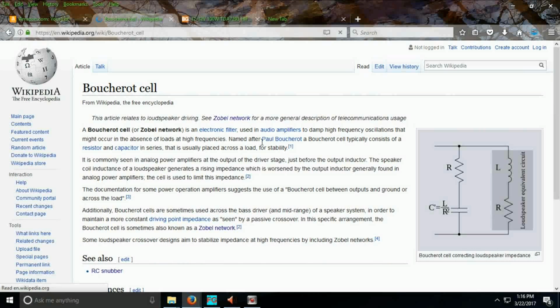And I suggest you read the article in Wikipedia. It's a type of Zobel network. And in this case, part of the network is the ESR of the loudspeaker, along with its major inductive component. And what makes the Zobel network different